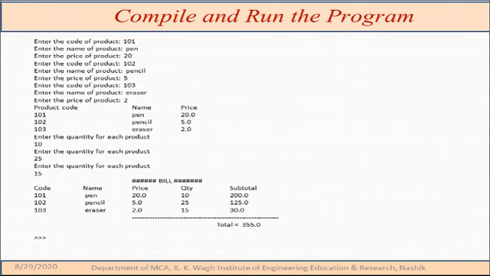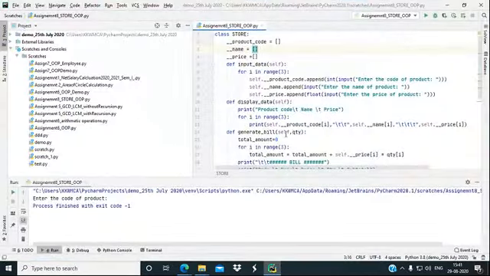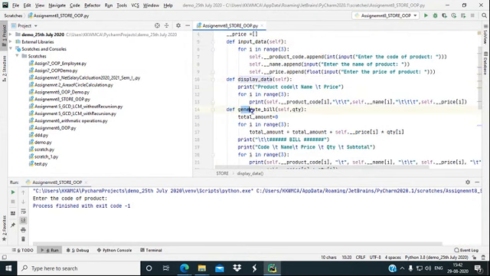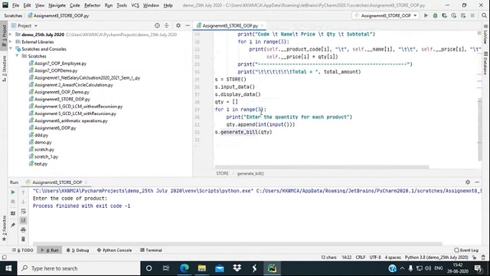Let me switch to the console so I can demonstrate this program to you in Python. I have already copy-pasted this program. As I already showed, we have created the store class, then the input data function, then the display data function, and the generate bill function. And lastly, we created the object for the store class, then called the input data and display data.